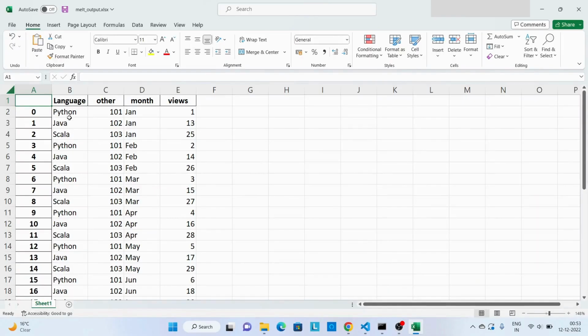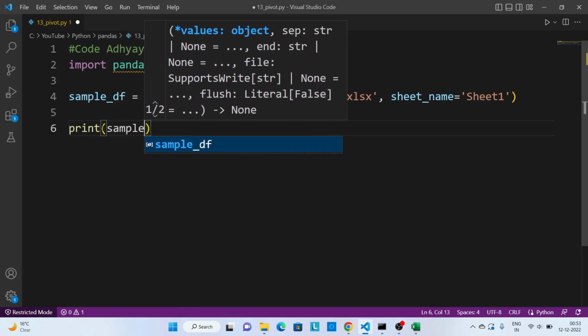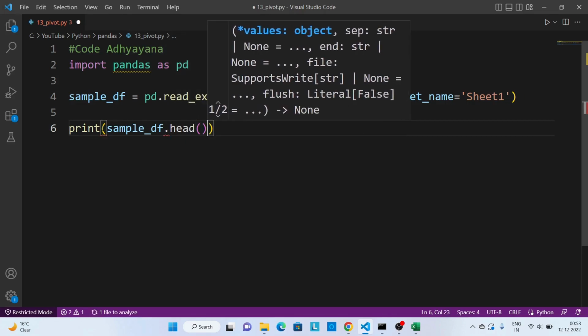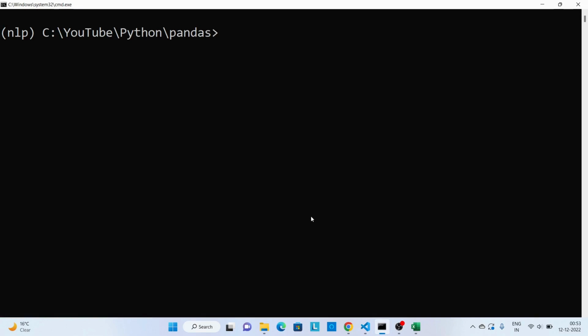We have this input data, so let's read this file, and first we are going to print some sample records, sample_df.head. Save this code. Let's execute this.